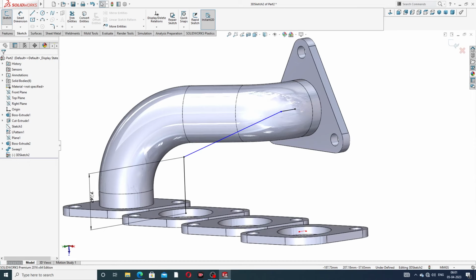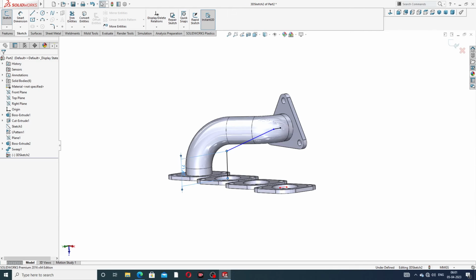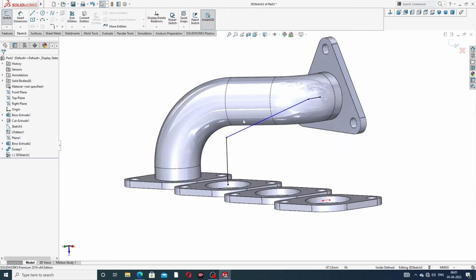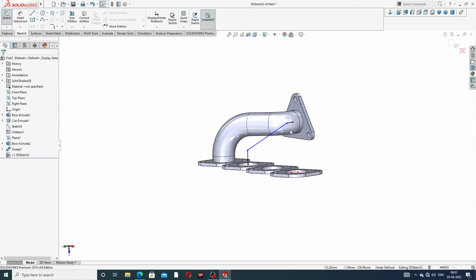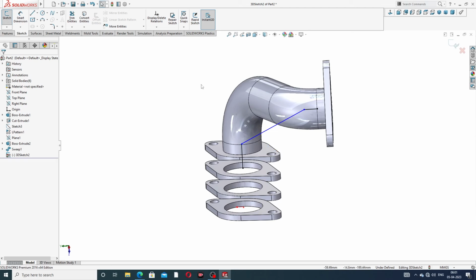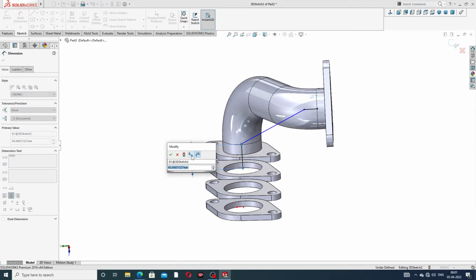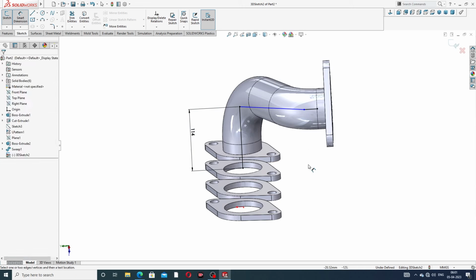This line is also deleted here, but this line is dragged here to this, and align this diameter, it is 104 millimeter, okay,